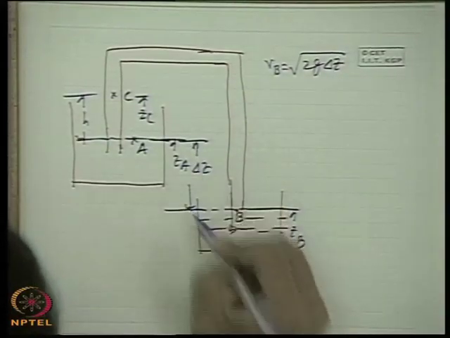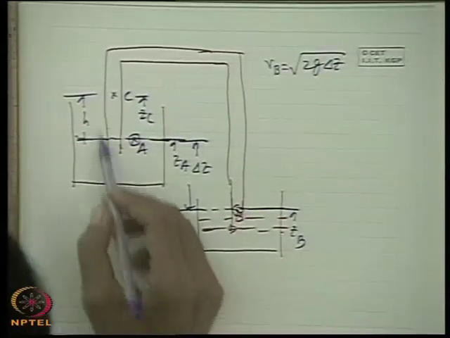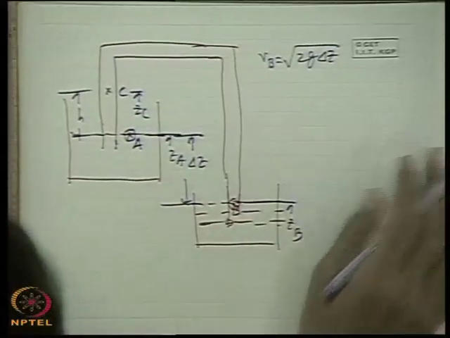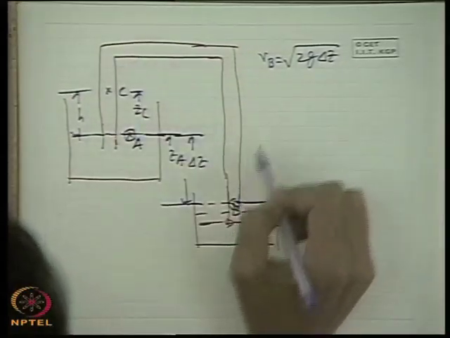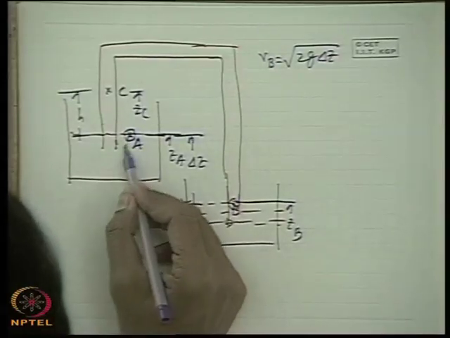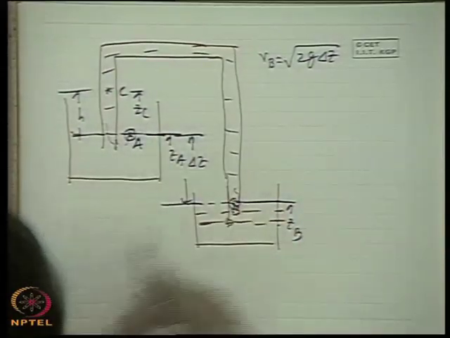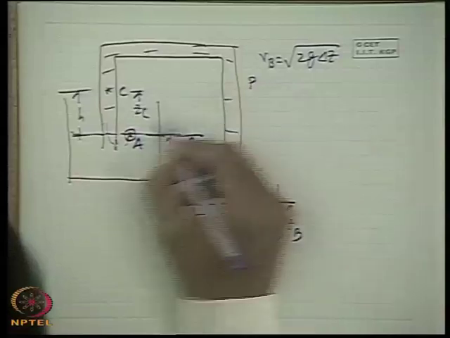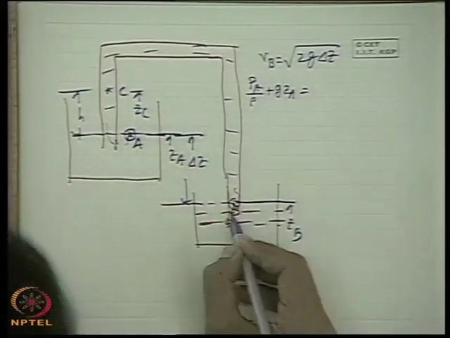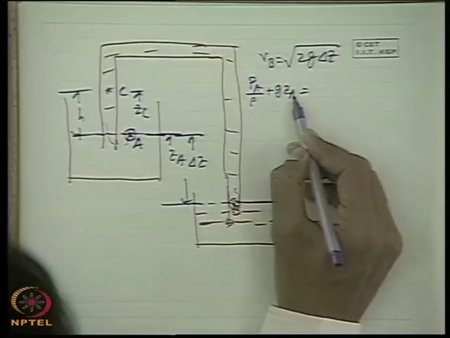That means this potential head is utilized to create the kinetic energy, writing the Bernoulli's equation between these two points. Now if we consider a frictional loss, a real fluid, we have discussed earlier that the Bernoulli's equation can be used for a real fluid with a modification term as loss. That means if we write the Bernoulli's equation from A to B through this fluid path, taking care of the frictional loss of energy, then the total energy at the upstream point, Pa by rho plus g Za, will be more than the downstream point by the loss term.